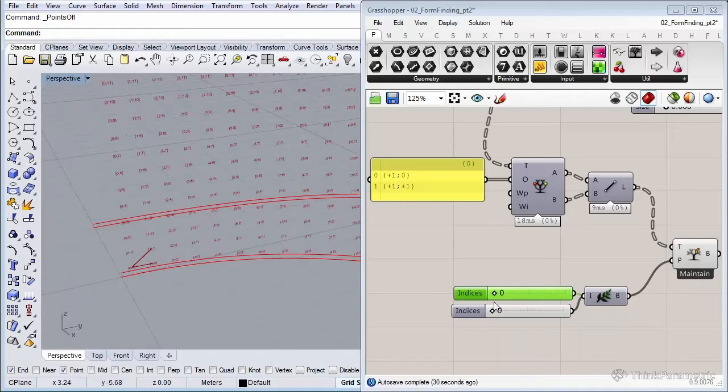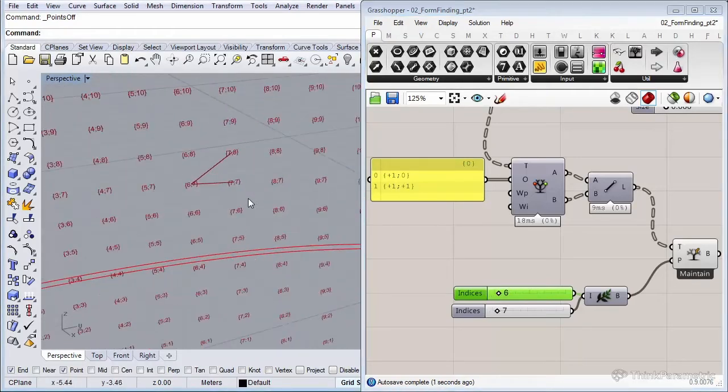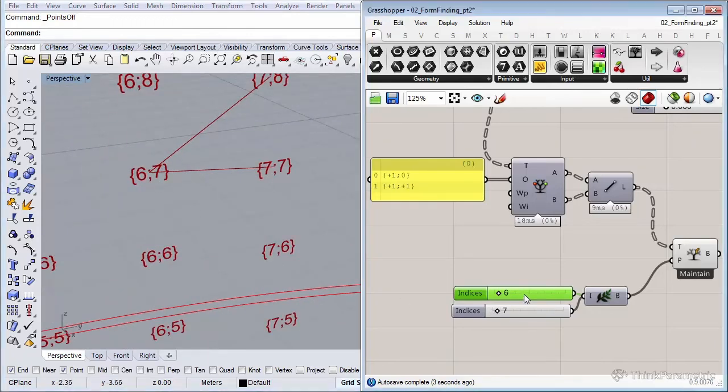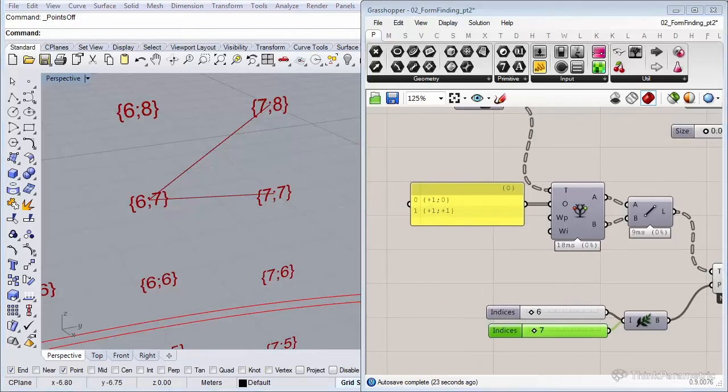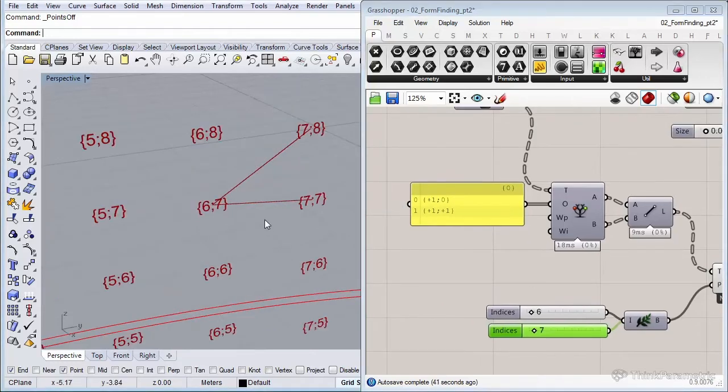And for every branch, we have this pattern. So if I scroll a little bit to the right and up, let's say I want to have our branch 6,7 in that location. So column 6, row 7. We have the same offset applied. Now let's get back to the pattern we want to get in the end. If you picture the wall in your head, you notice that we have a diagonal structure where we have the checkerboard pattern, and one brick is always carried by 4 diagonal bricks that are neighboring it, let's say.